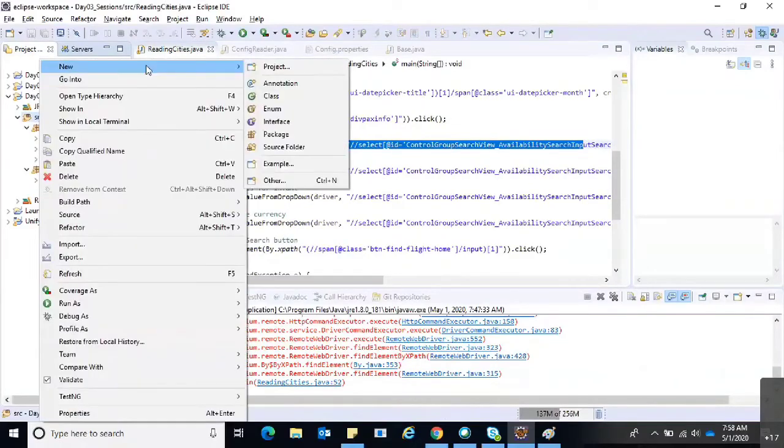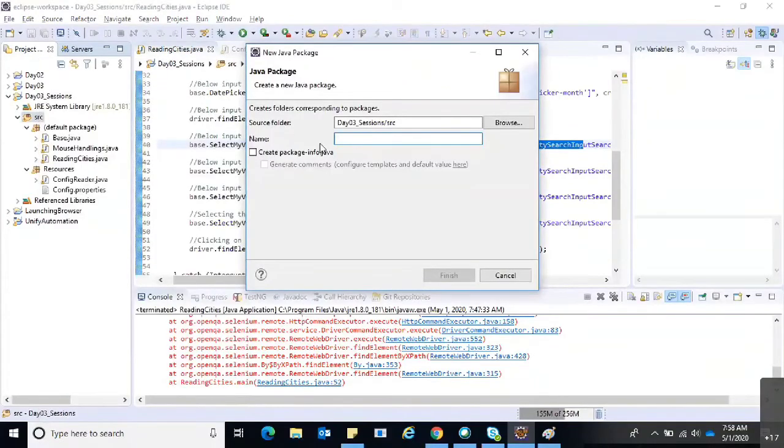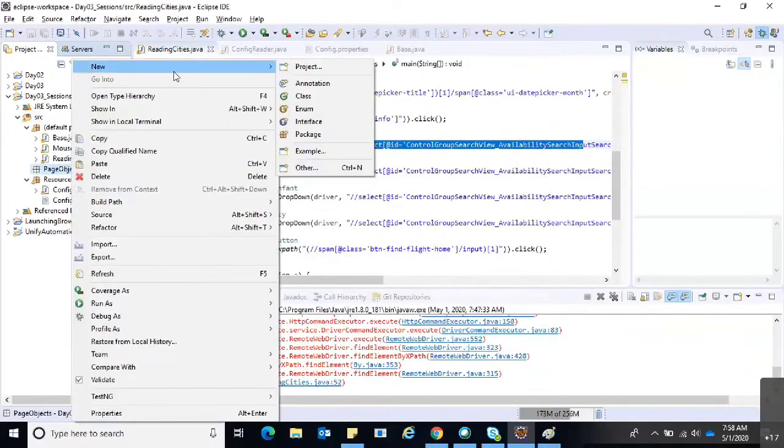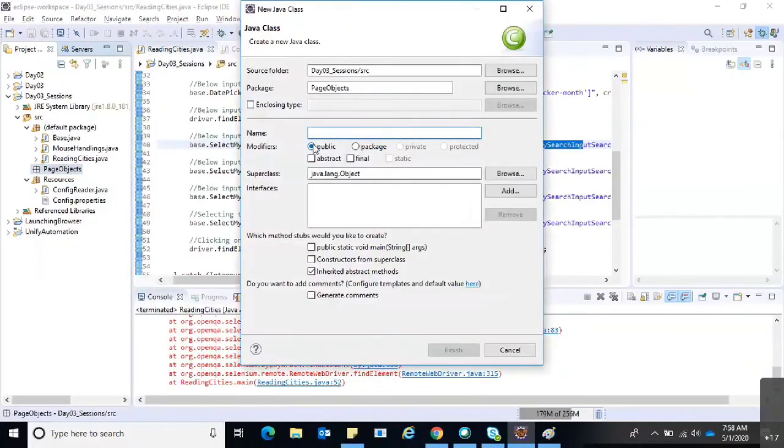So let me create some package. I may not code today, I'll just explain the things. Page objects. That is the booking page.